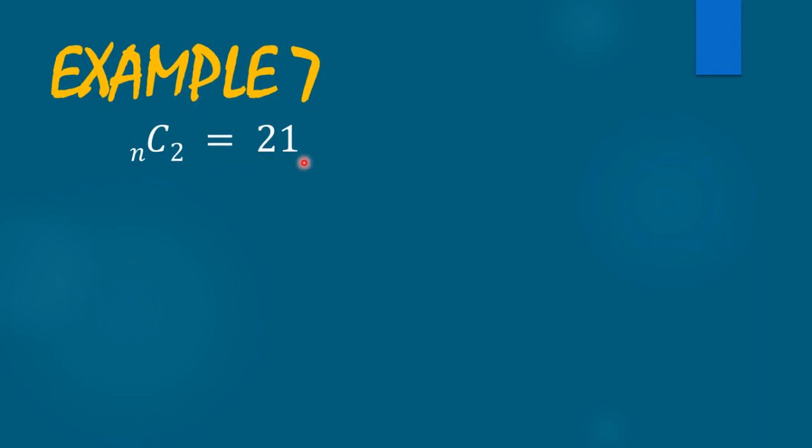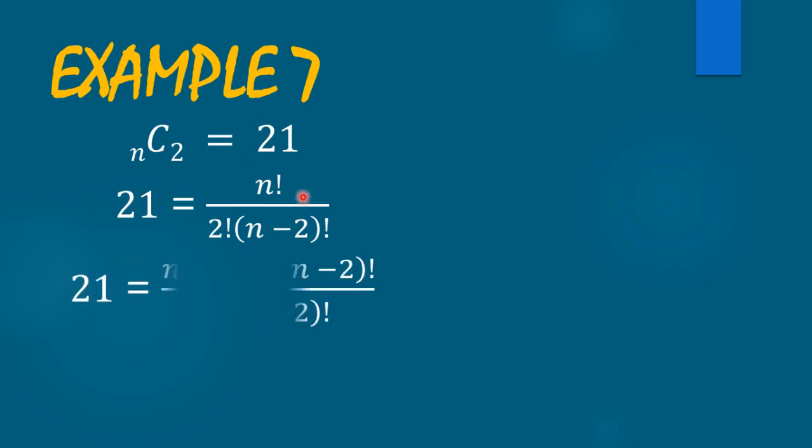We need to use the formula. That is why we have 21 is equal to n factorial over 2 factorial, as the value of r, times (n minus 2) factorial. And then we need to express our n factorial as n times (n minus 1) times